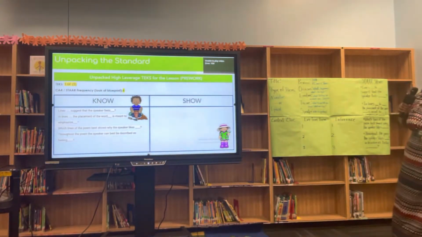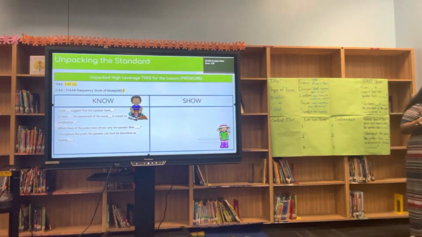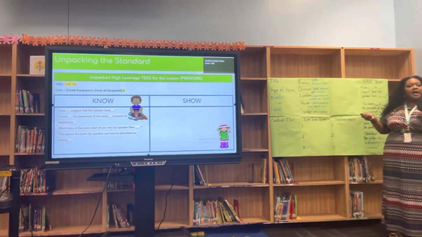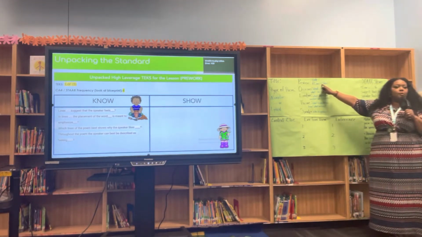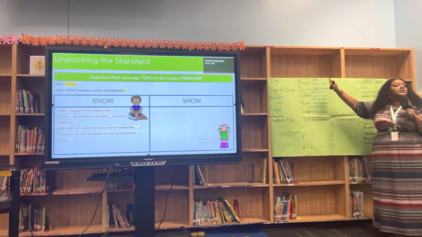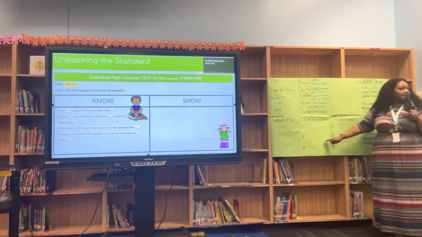Let's take a look at this slide. When your kids are annotating, they should be able to fill out this particular box. Now, all they have to write are the letters POETS. I'm not expecting the kids to write the question stems inside the box. This is what you're going to ask to make sure that they understand each letter of this particular acronym.